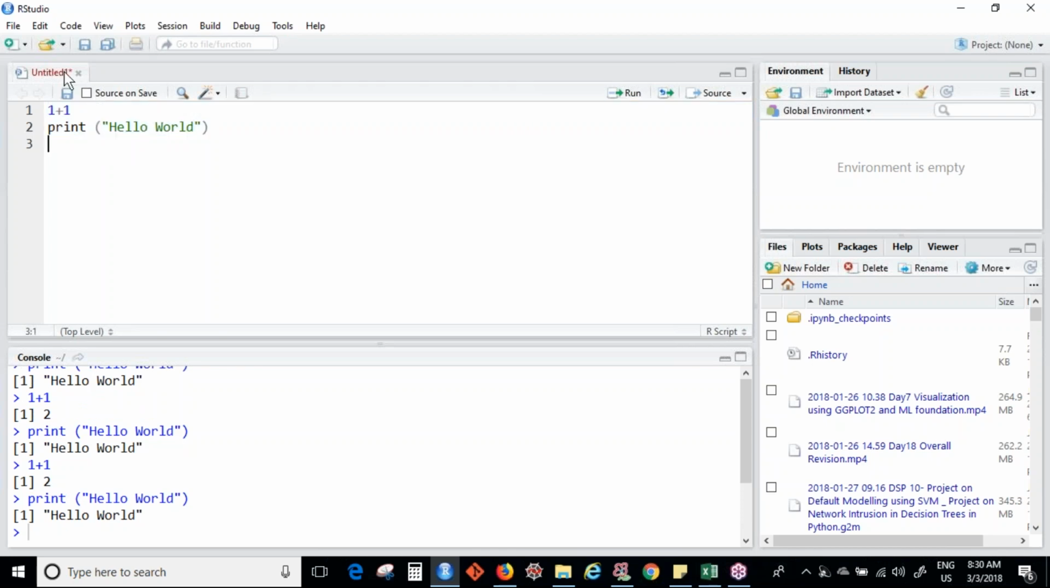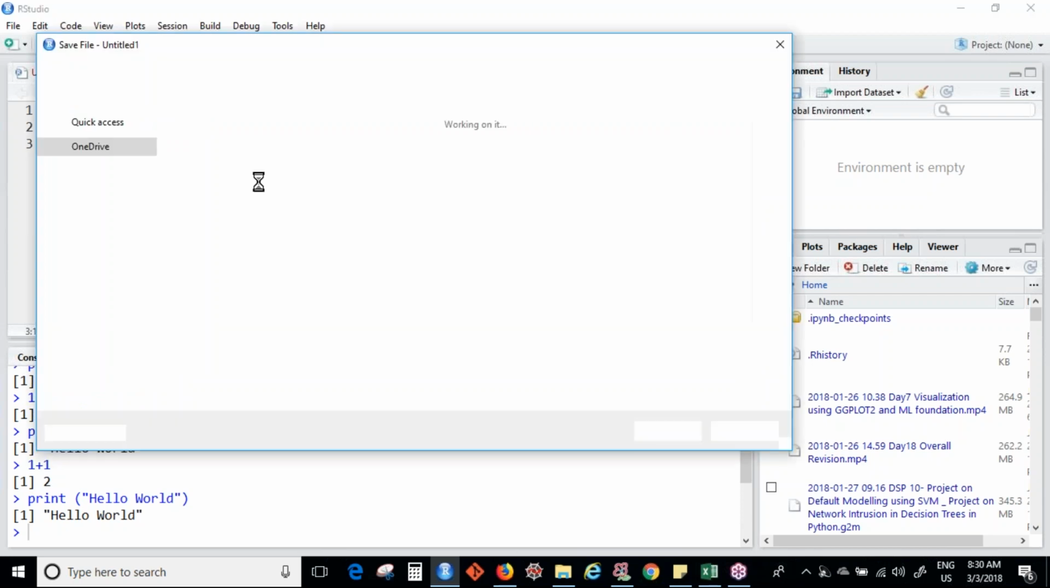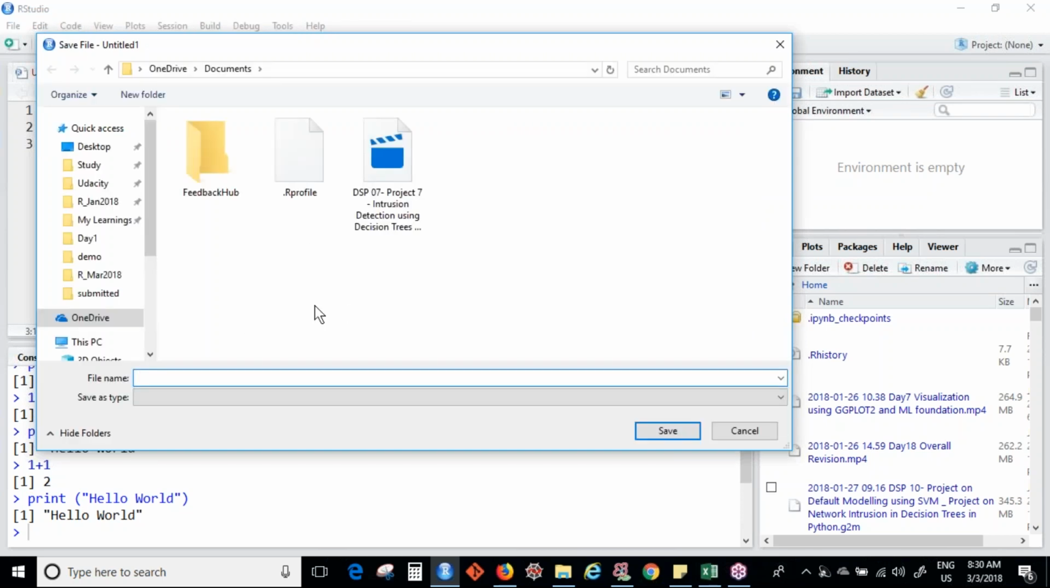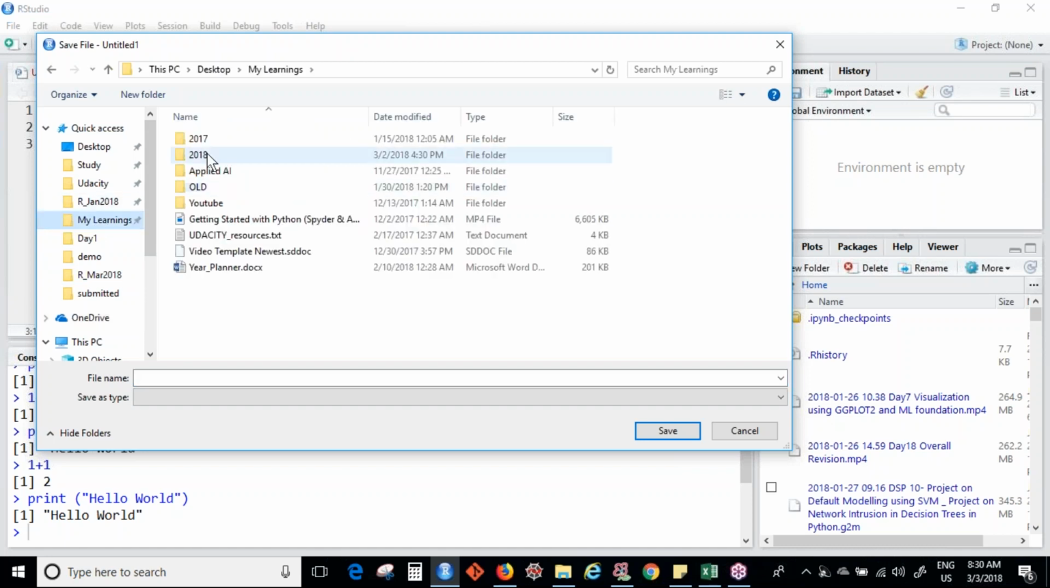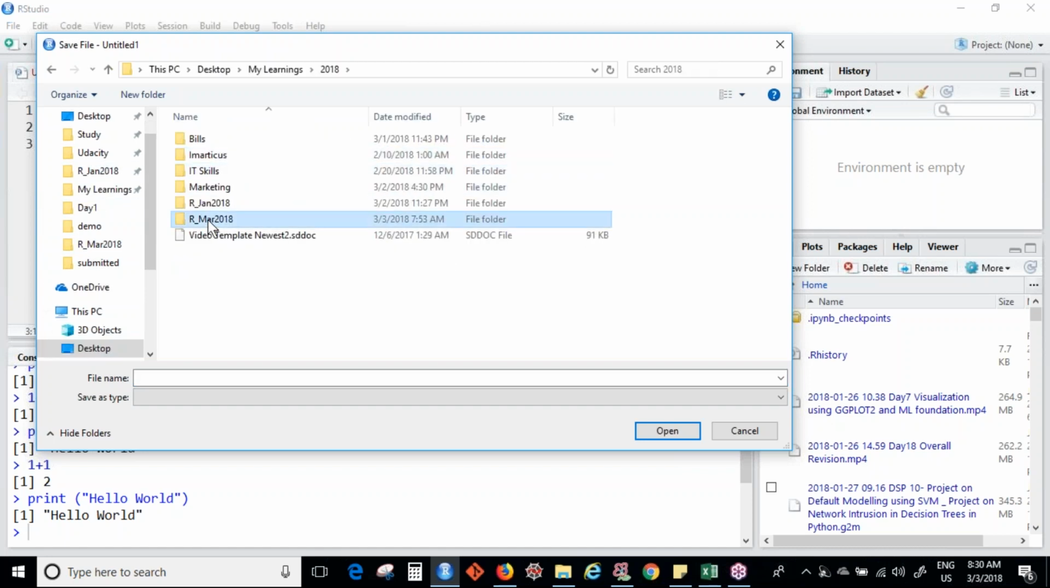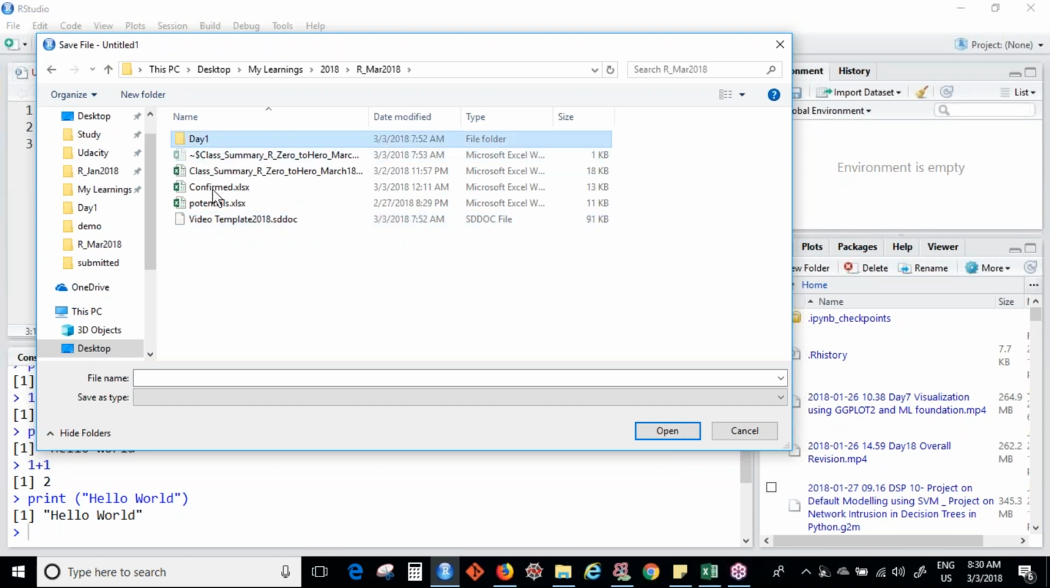Okay. And let's say I want to save this file now. So if I want to save this file, you can see this Save button, or you can press Ctrl S. The moment you do this, it will ask for a location. Where do you want to save this file? You can give any name you want. So let me go to this folder, and so day one, I'll just save it as